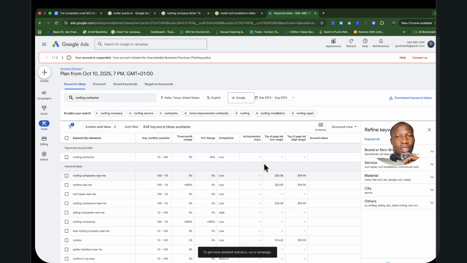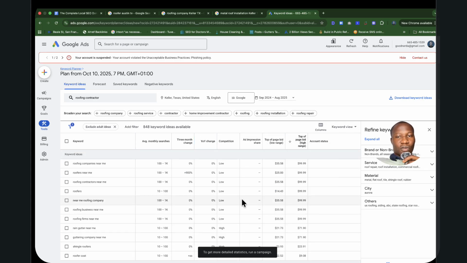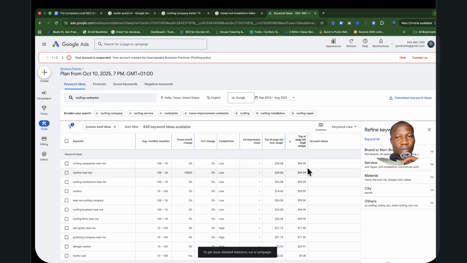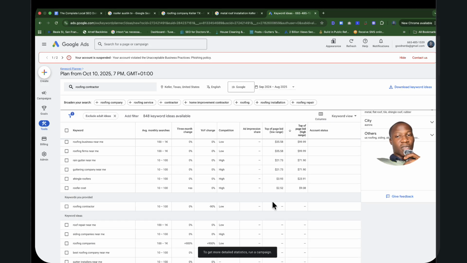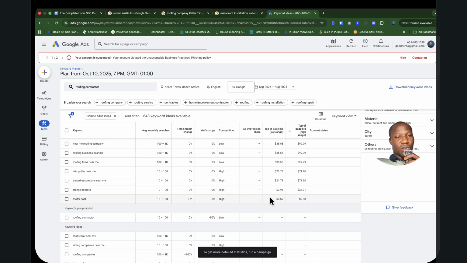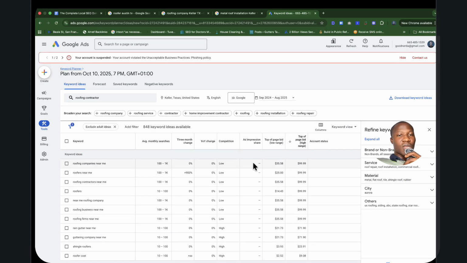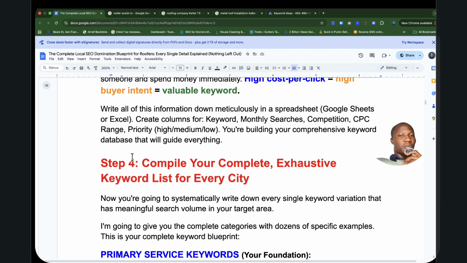Basically, this is how you want to get most of it. As you can see now, it's changed again because of the city. I used only Keller, and you see the 149 is no longer here. Depending on the city, your keywords might actually be lower, and the cost for these keywords might actually be lower. So you want to try multiple variations and rank for as many of these keywords as possible.